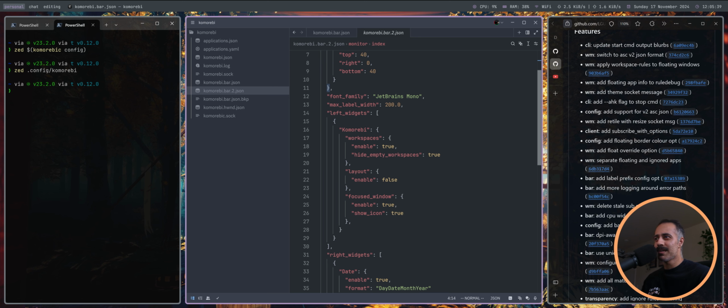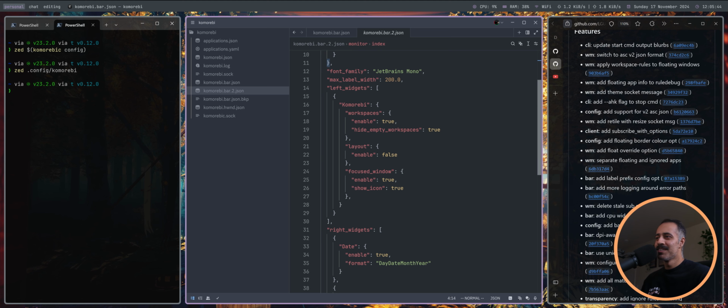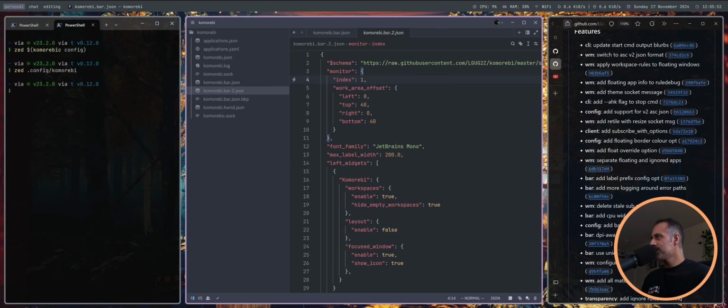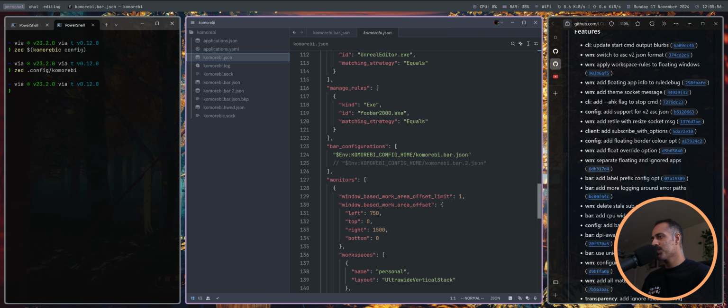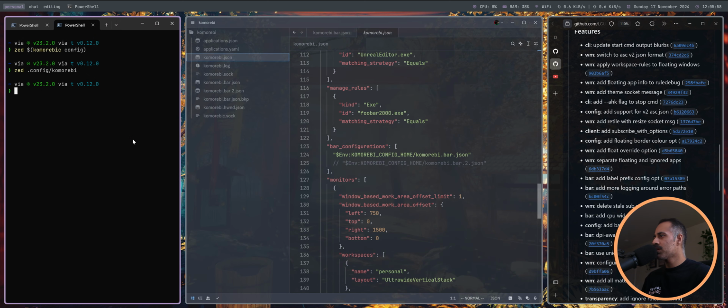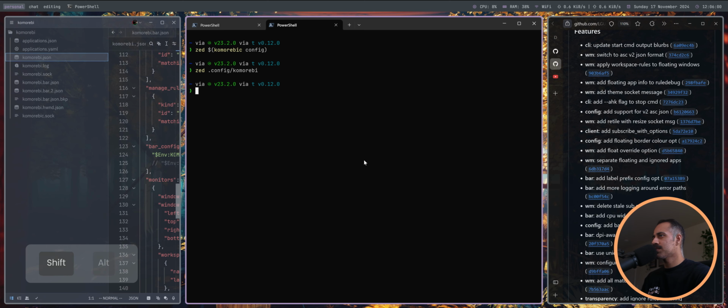I only am able to have a second display on an iPad, so I disable a whole bunch of widgets because it's like this tiny. Yeah, that's how you do that. That is how you get more than one bar, and then you just run komorebi c start